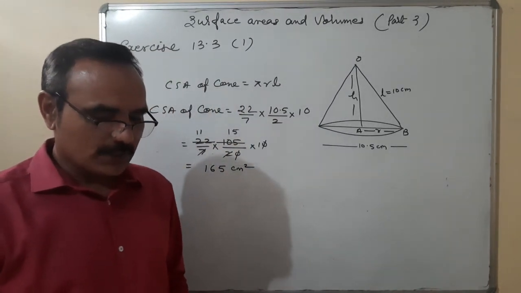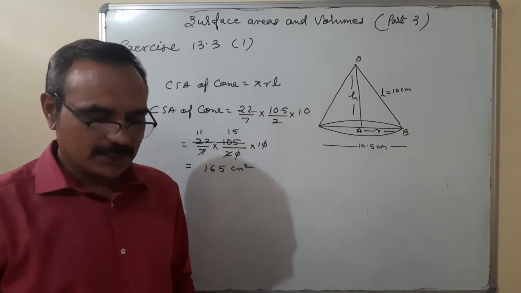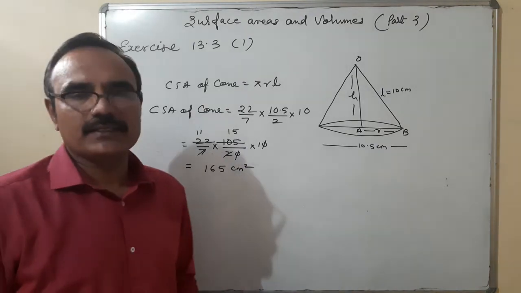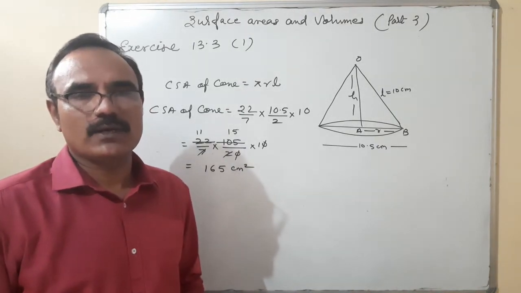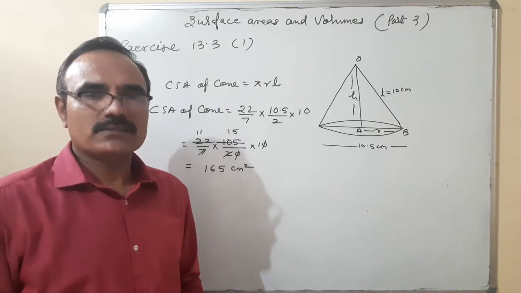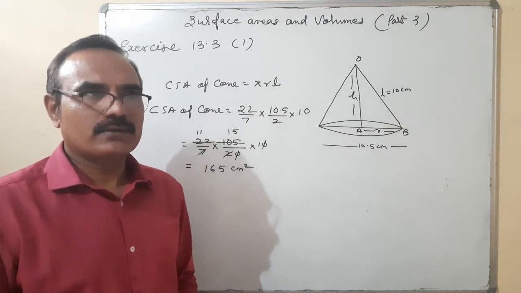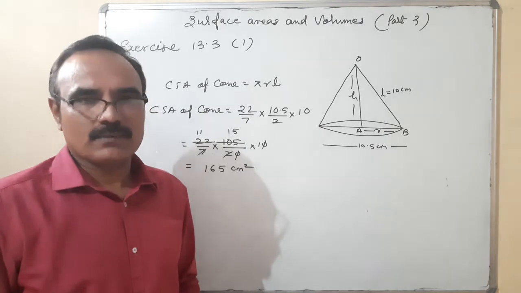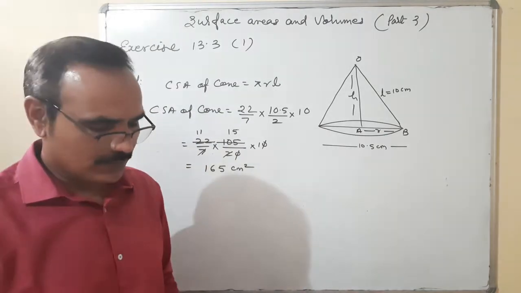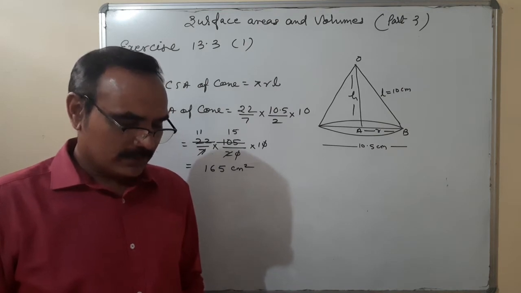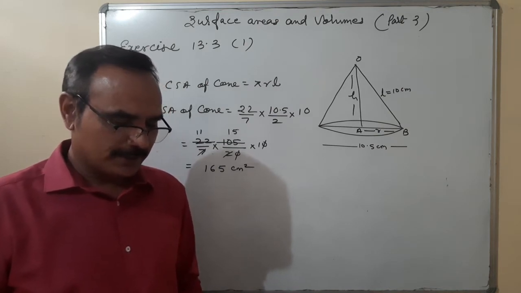Second question, find the total surface area of cone if its slant height is 21 and the diameter of the base is 24. So this is CSA. For finding the TSA, you use the second formula, pi L R plus pi r L plus pi r square. So pi r common, L plus R. Pi r L plus R. Directly use the formula and find the value.